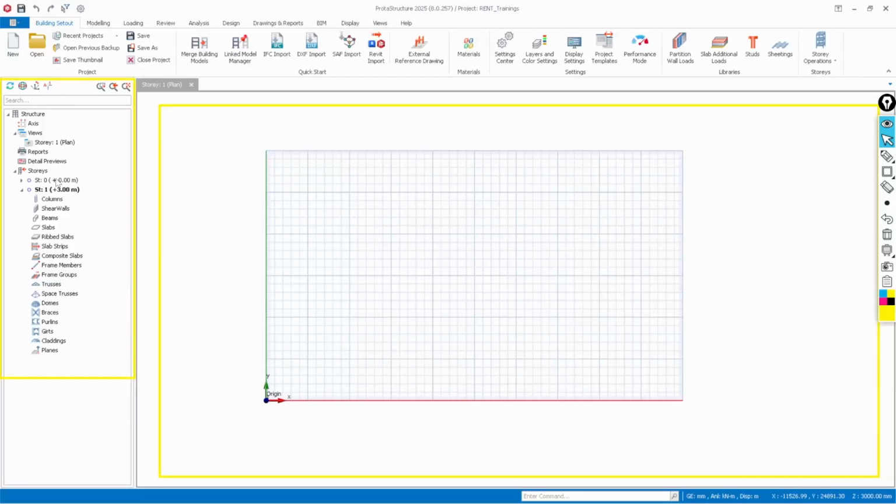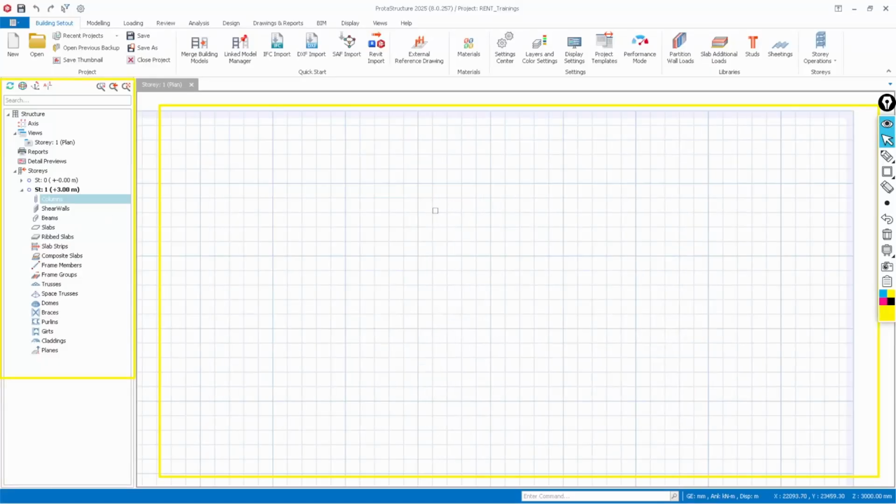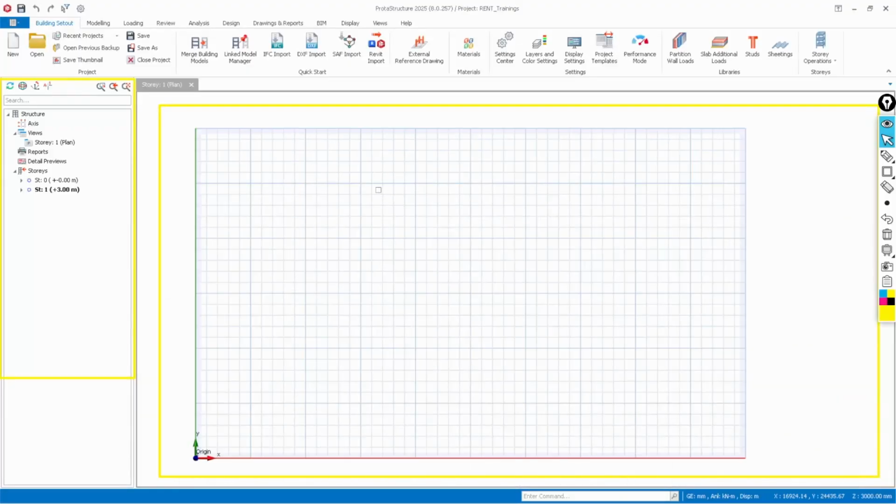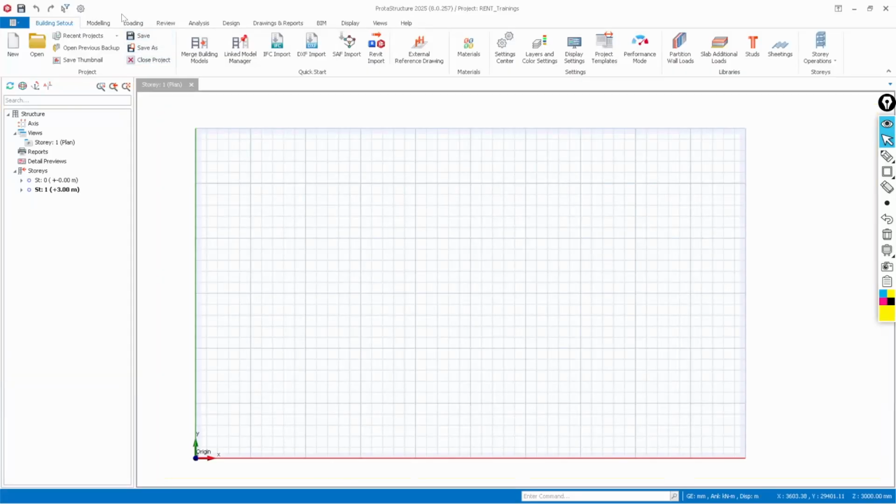even for different stories. So we can't open that up, we can't select any one of them. That is simply because we have not done any modeling yet. But you also get this story 0 and story 1 by default. So you still have the option to add multiple stories when you want, depending on the number of stories that you are going to be designing for. Okay, so moving up